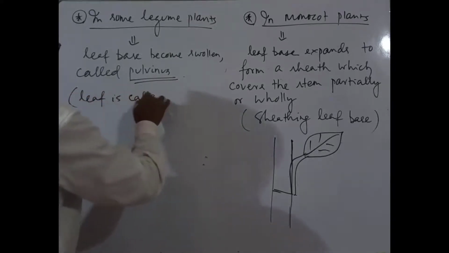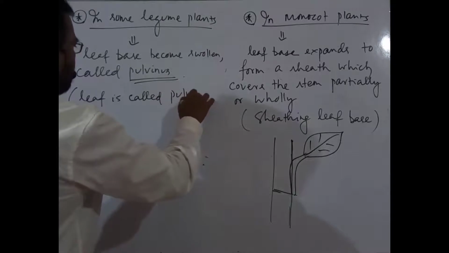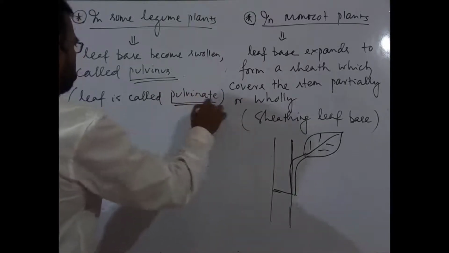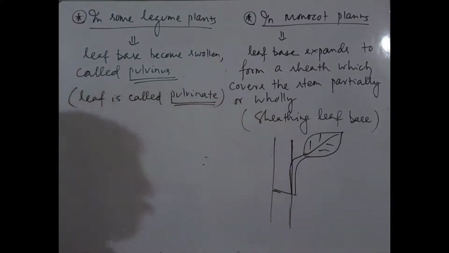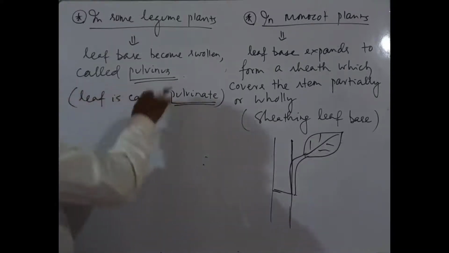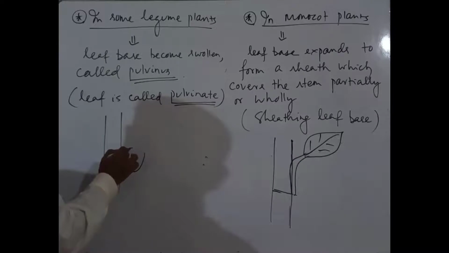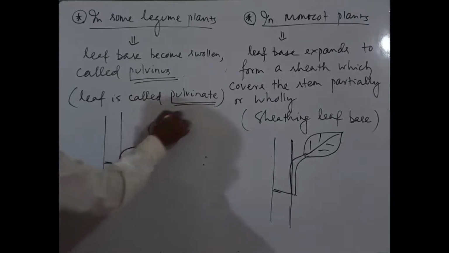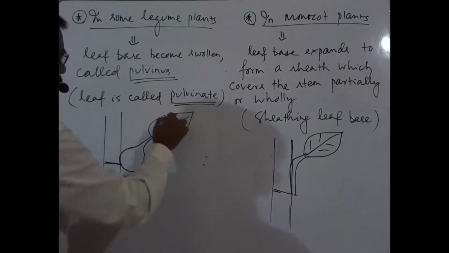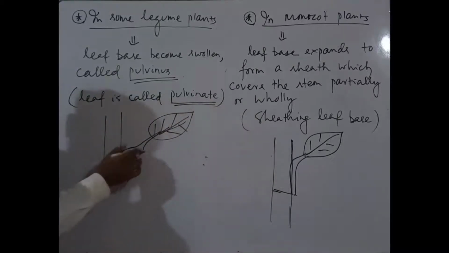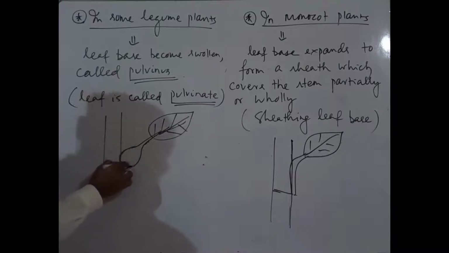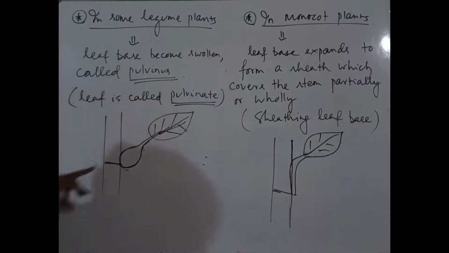Leaf is called pulvinate. लीफ बेस को बोलते हैं पल्विनस, अगर पल्विनस होगा तो लीफ को बोलेंगे पल्विनेट लीफ। तो देखिए इसकी डायग्राम कैसा है, ये नोड है, यहां पर लीफ बेस स्वोलन होगा, उसके बाद ये पेटियोल है और ये लैमिना। तो दिस इज swollen leaf base, ये leaf base swollen हुआ है।